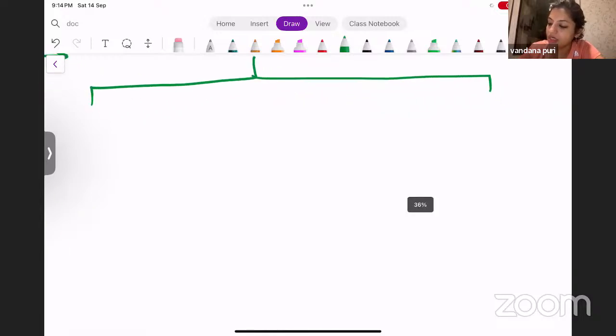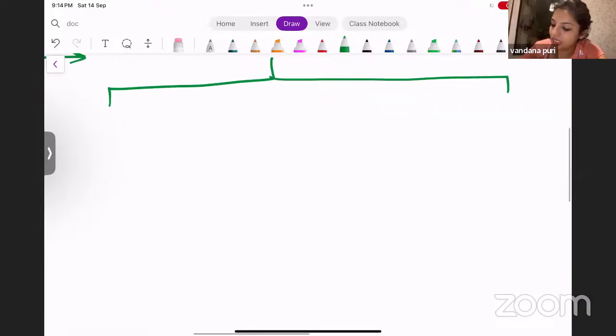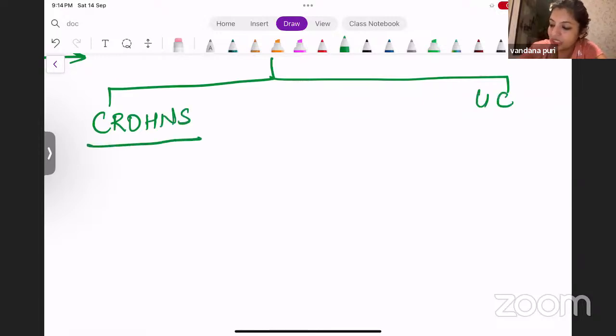Okay, so here what happens is, let's look at these two diseases. One is called Crohn's, and the other is called ulcerative colitis. So what is the difference in the immune mechanism in both of them? Let's understand this first. The first difference that occurs in Crohn's disease is that there is a defect